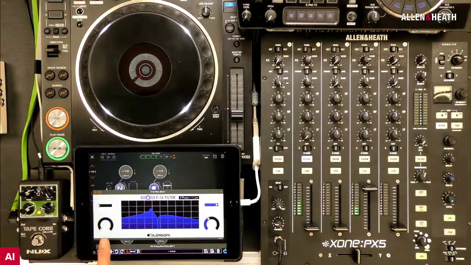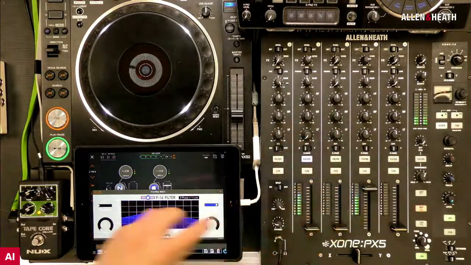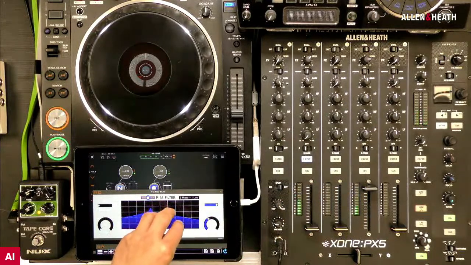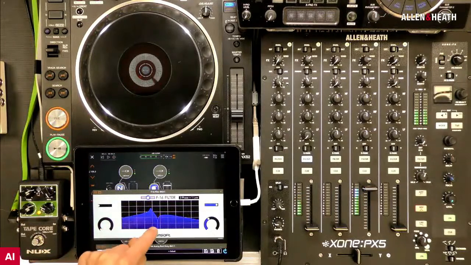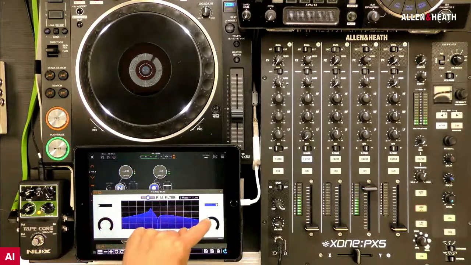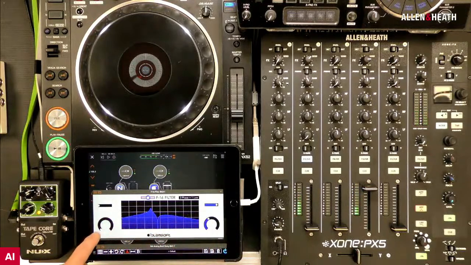So just for the point of reference of anybody who was listening earlier on Dry and Wet, this is 100% dry because I've got it on an insert. What I've got coming back into the channel is essentially the output of this, not a mix between the two. This is the mix between the two. So I'm going to turn my mix up. You'll start to hear this filter come in, and I'll leave it in at a point you can hear it. So as I bring that in, that's now a very quite harshly filtered sound, but